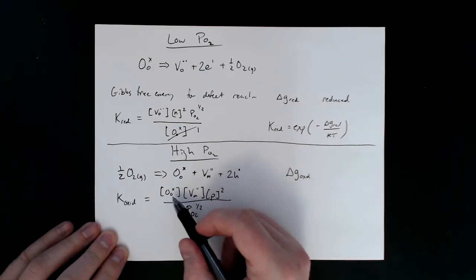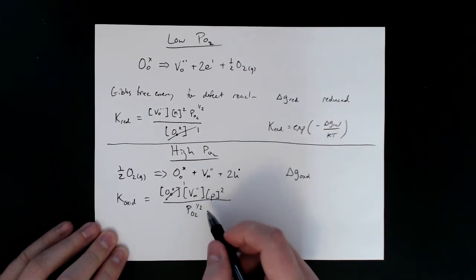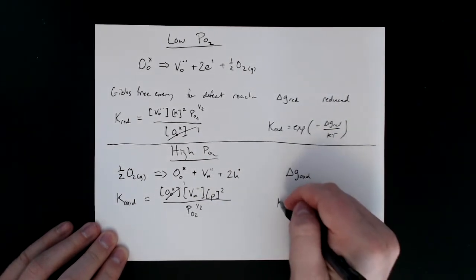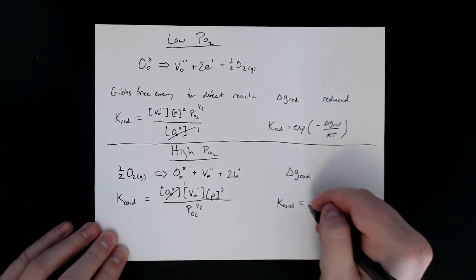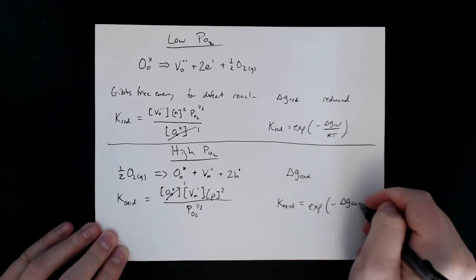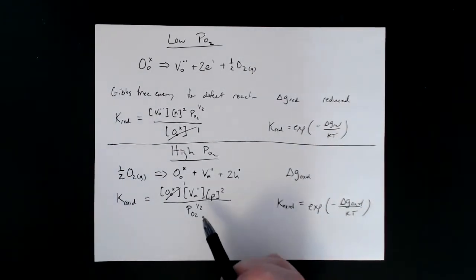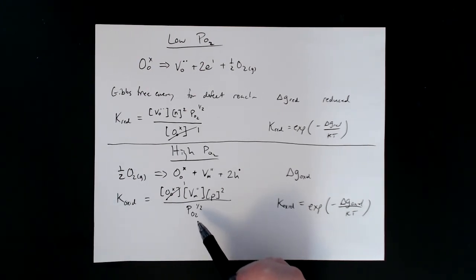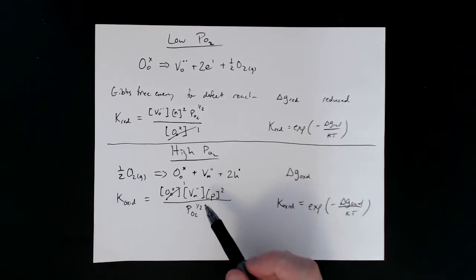So just like before, we're going to eventually get rid of this, right? Because this is going to be 1, and we're left with this expression. And just like in the previous example, this is going to be equal to the exponential of minus ΔG_ox over kT. And similarly, this expression that we have also helps us understand the relationship between pressure and the vacancies, excuse me,